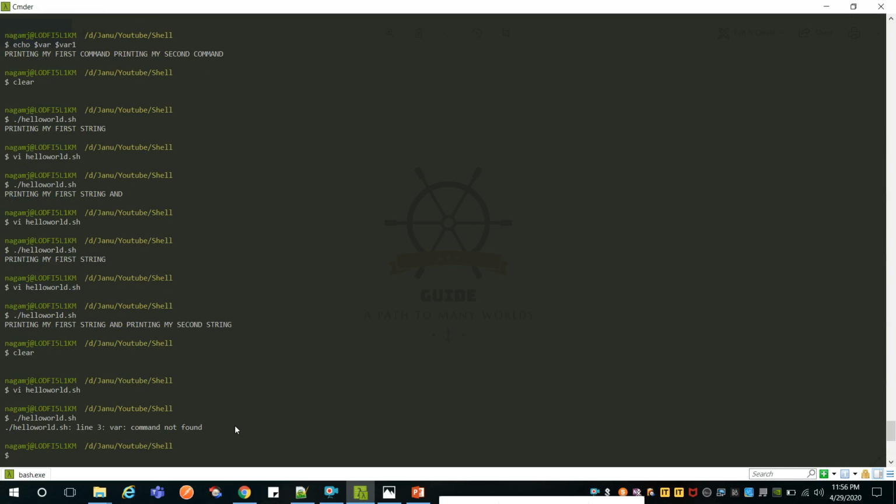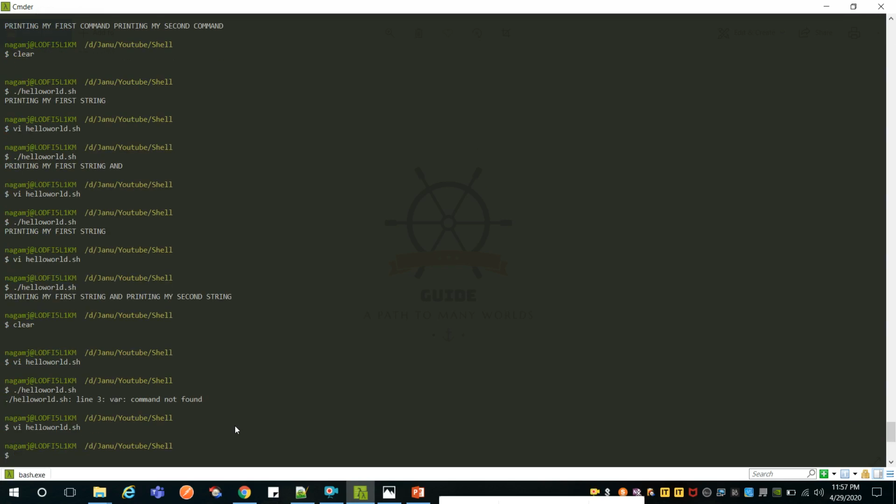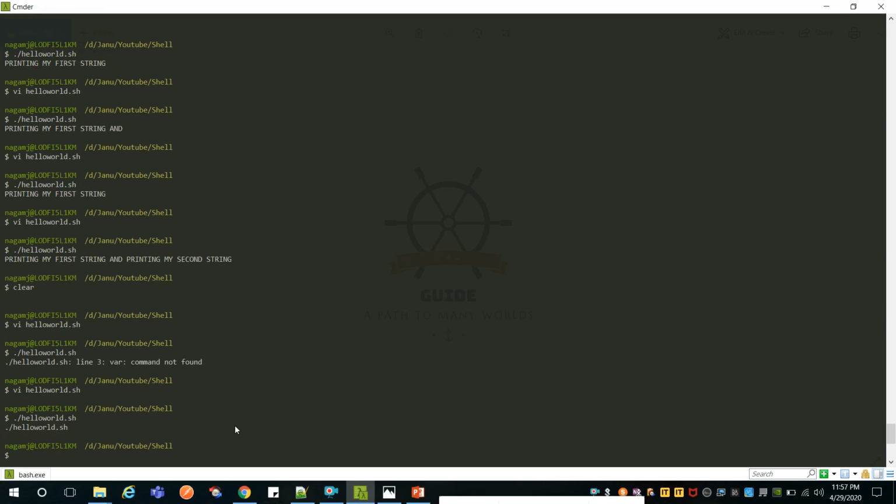And it says that command is not found. Okay, something wrong again. Now I'm just holding this, but I'm not doing anything here. So let me print this using $var. You can see something interesting here. It is printing the same script that I am executing, meaning $0 is a